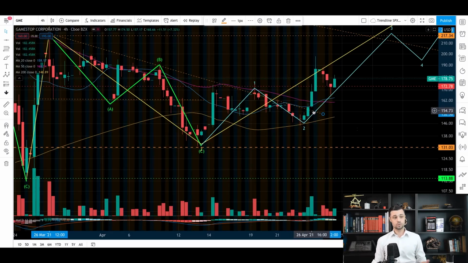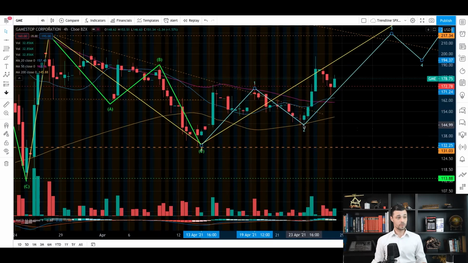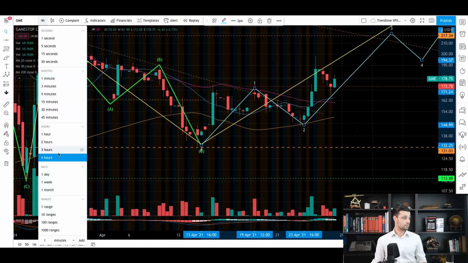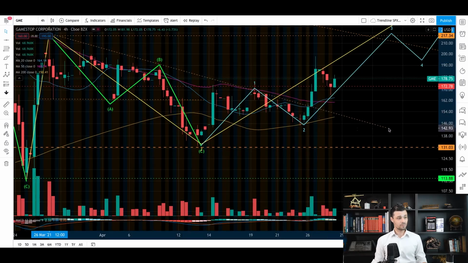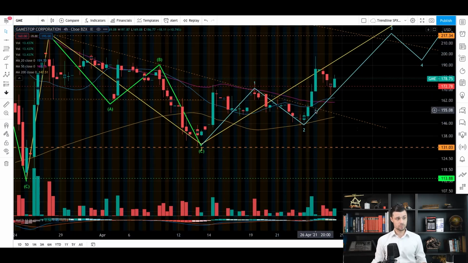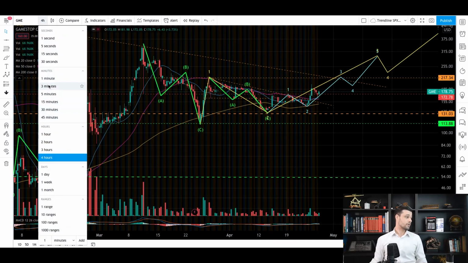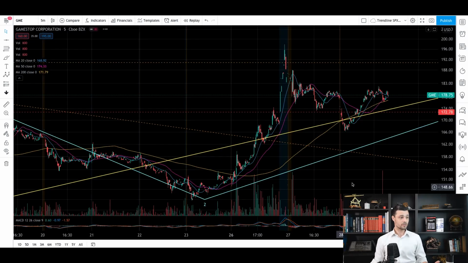Now, what I'm usually telling you guys is don't buy the breakout, buy the retest. This is, for me, a very good way of trading, but it's not working all the time. Here, if you do this on a 4 hours time frame, you don't see the retest. So I don't think we're going to see it. I think now the price action is too high and we have different supports. So we're going to go on a shorter time frame to actually spot if we could buy the retest of this